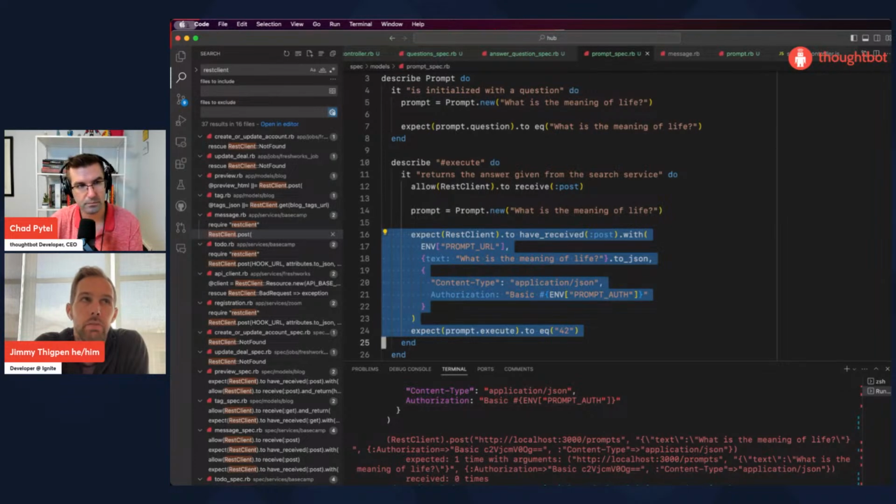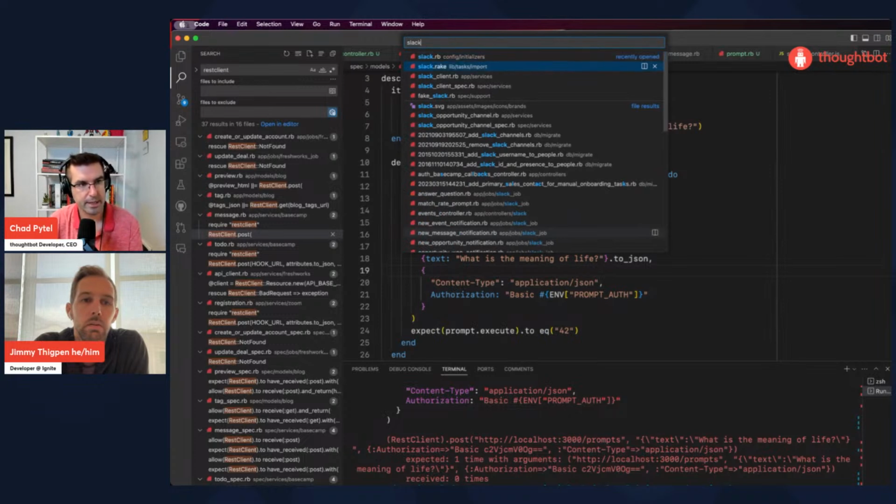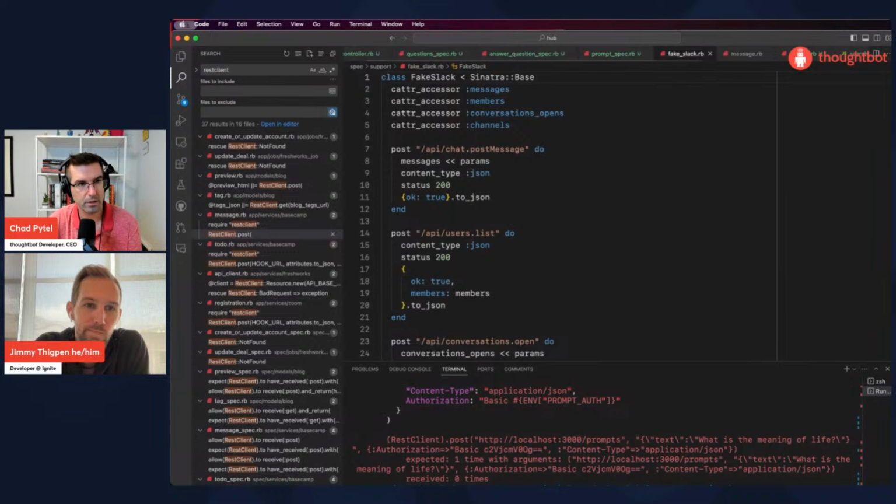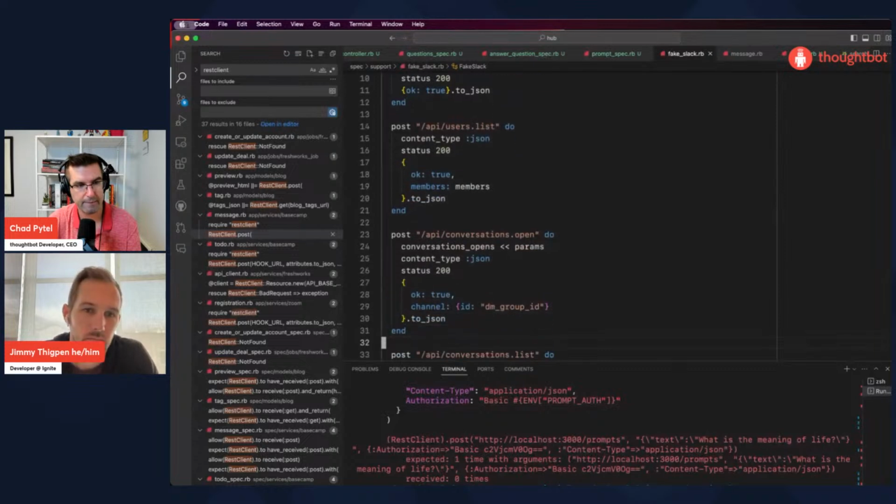Okay, is that sort of thing tedious to do? So I'll show you an example of what we usually call fakes. Here we have a fake Slack service, and you can see it defines how this fake responds to various requests that we make to Slack.